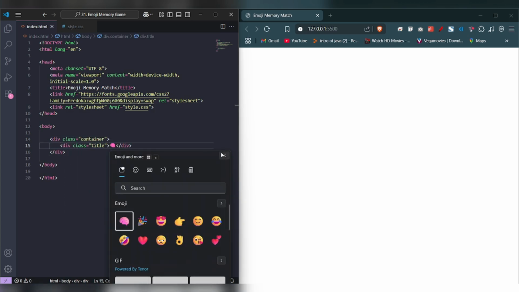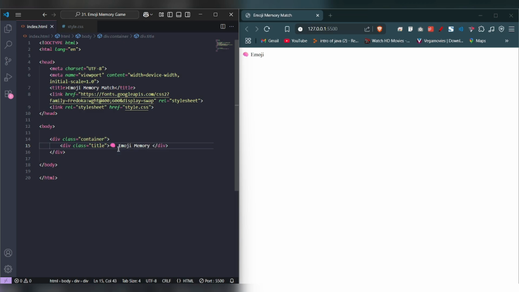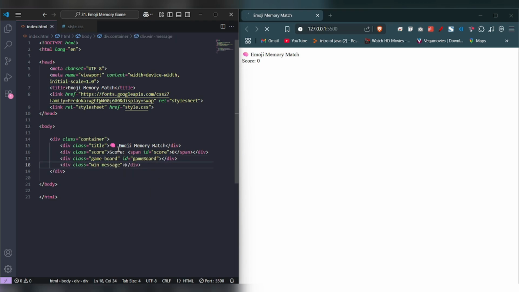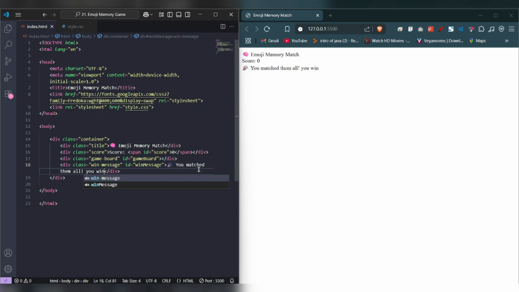To center and style the layout inside this container, we first add a heading with a brain emoji. Then we display the score using div class score. The span with the ID score will be updated dynamically with JavaScript as the user finds matches. Then comes the main game area, div class game board. This is an empty grid where all our cards will be added via JavaScript. After the game board, we include a hidden message with div class win message, which appears when all emoji pairs